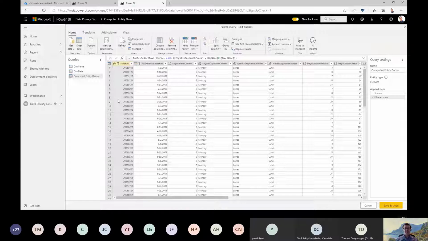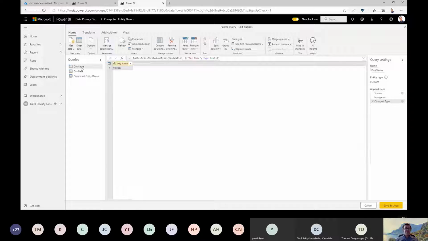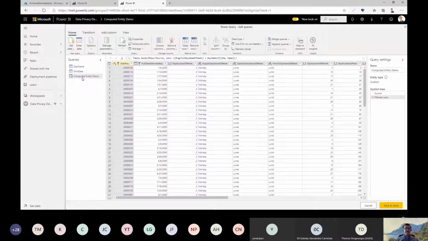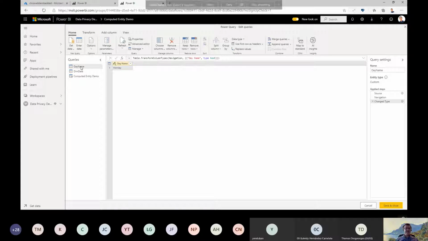Another thing to bear in mind is that if you have Power BI Premium, you have an extra bit of functionality called computed entities. Now, computed entities look like referenced queries inside Power Query, but they're not the same. So here is a query that connects to my day name value inside Excel, connects to SQL Server. Now, the computed entity here, it looks like it's doing the same thing, but it isn't really, because with computed entities, what happens is that the data from these two queries up here